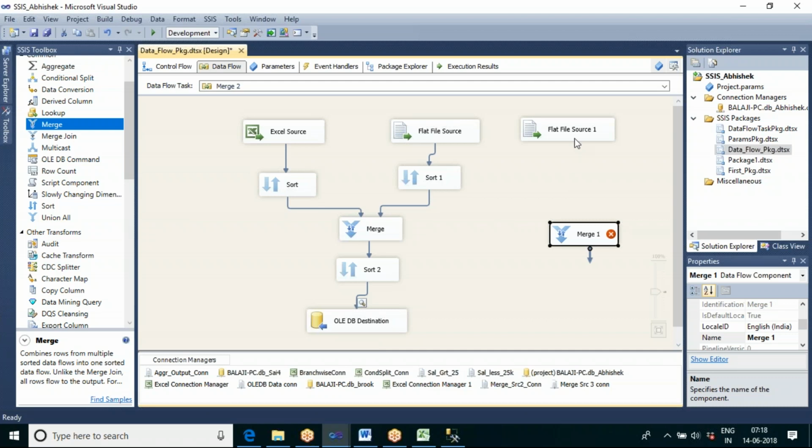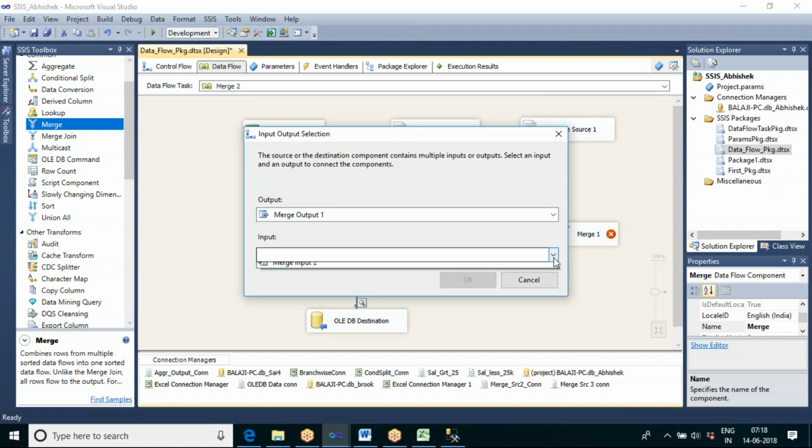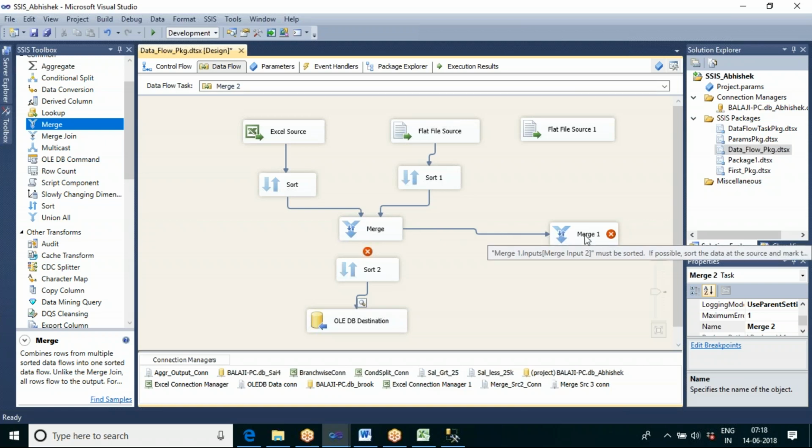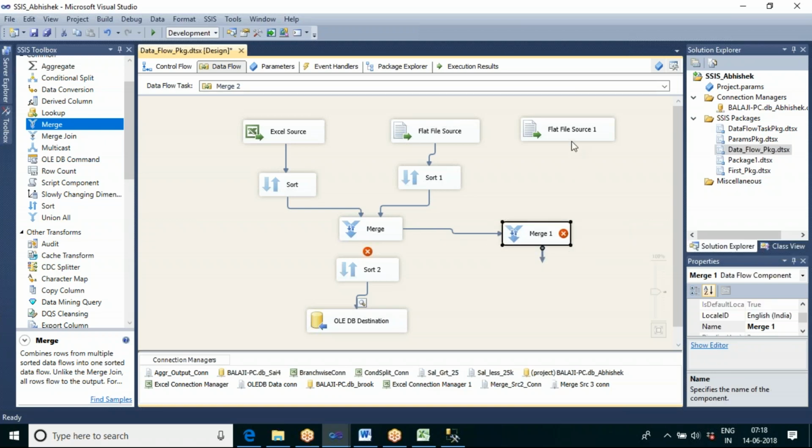After combining the first two inputs, I will get the merge output. Pass this as one of the inputs to the second merge, and let me pass this third source as another input.